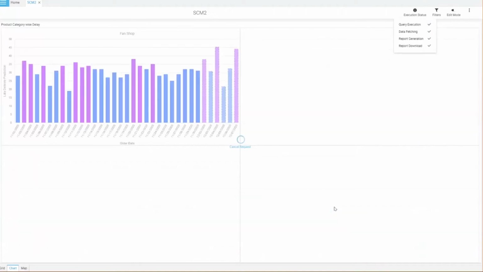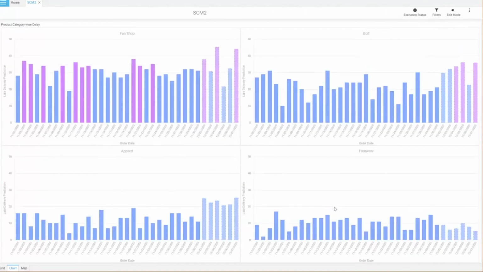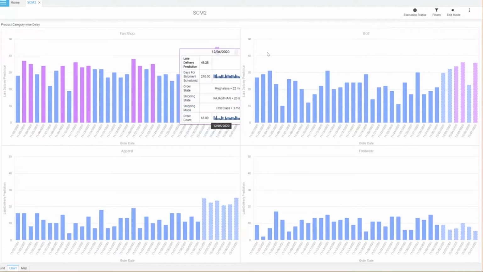As I could see earlier, before increasing the order count, there were only two pinkish red bars in late delivery. On the golf section, all we had is blue. But now when there is a sudden surge of orders, I could see there is some late delivery that is going to happen in the upcoming week.